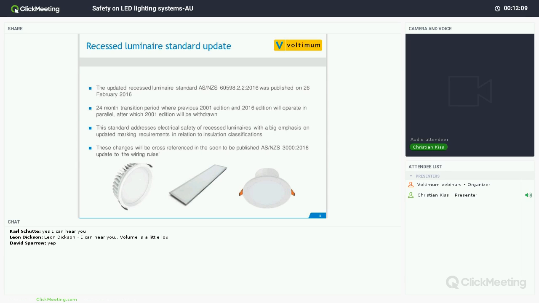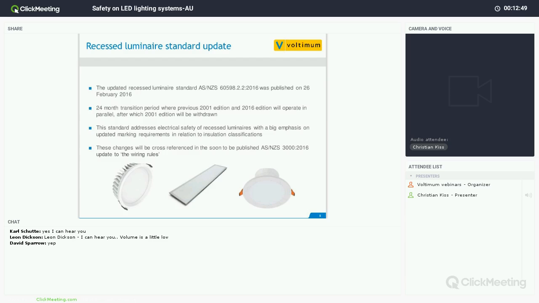The biggest emphasis in the changes actually is to do with marking requirements in relation to installation classification. That affects a lot of, especially domestic installations, because anywhere where insulation can be installed poses a potential fire safety hazard risk if you don't follow the recommended insulation classification, clearances, and so on. So all these updated changes will actually be cross-referenced in the soon-to-be published ASNZS 3000, the 2016